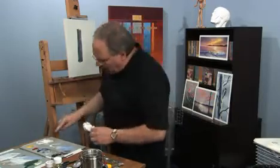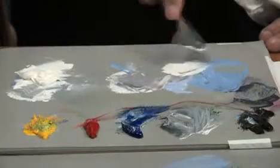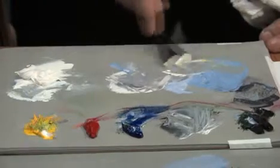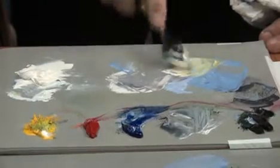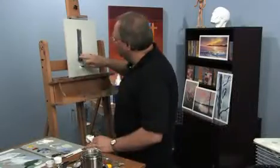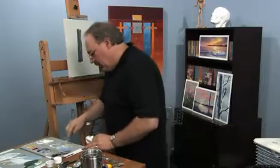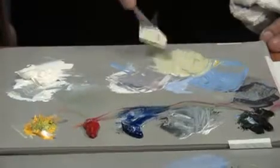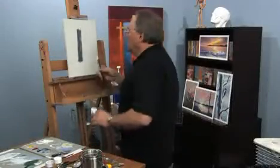And I'm going to come back last with just a little more white, and I think I'll use a little touch of cadmium yellow pale. Not that I want it real yellowy, but I want something that's sunshiny. A warmer color. The blue is actually a cooler temperature, which would read as shadow, and a little touch of this cad yellow pale into some white will give me more warmth like sunlight. And I'm just going to touch a little bit warmer color up the side on the highlighted edge of that